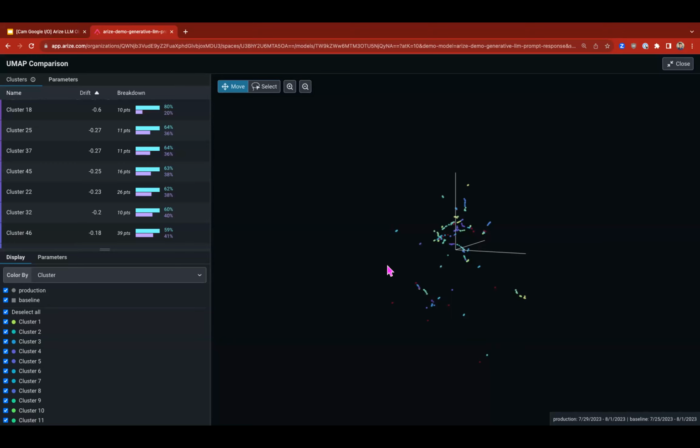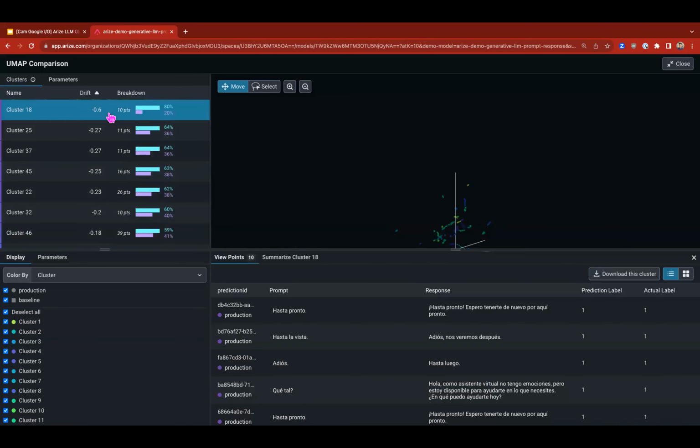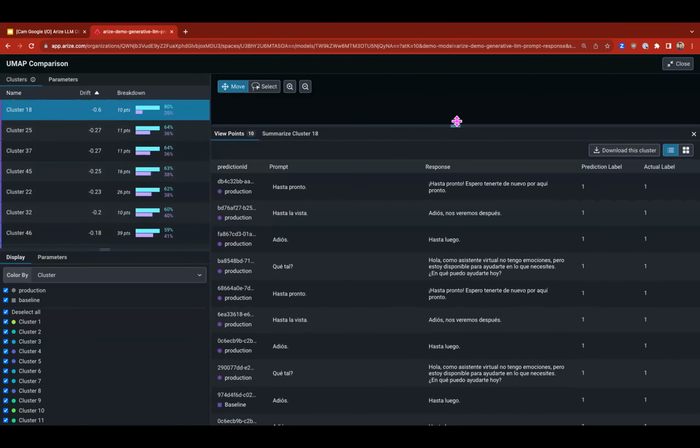Second part here, we're identifying clusters within the embedding space. As I move this cursor, you see the little purple portion showing what actual points are or will be selected. I can select the points and quickly look at all these various prompts and responses and get a general sense, like okay, this looks like all Spanish responses.